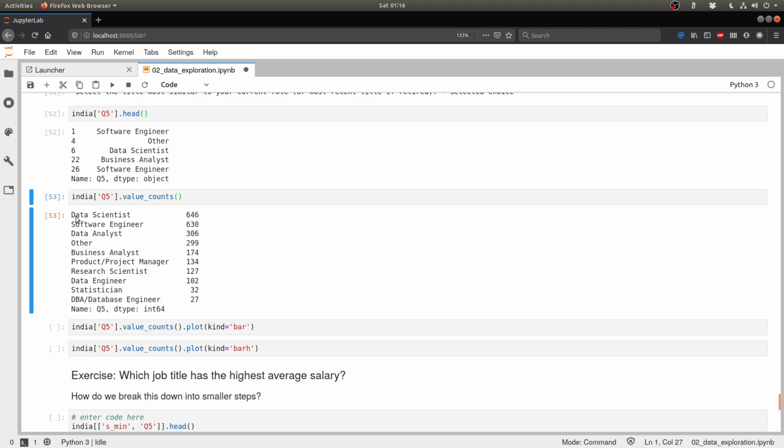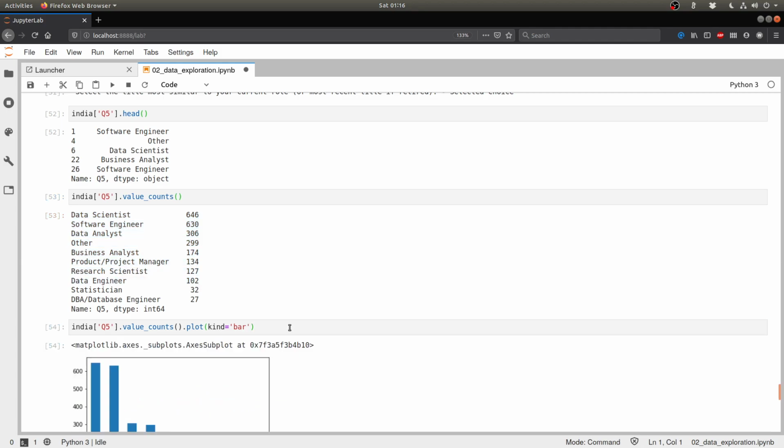Now, if I wanted to see the proportion of all of these, one of the quick ways I could do that is, you've seen that we have a plot function and we used it to plot a bar chart and a pie chart before. So we're just going to plot the bar chart again on this particular value counts output. So there it is.